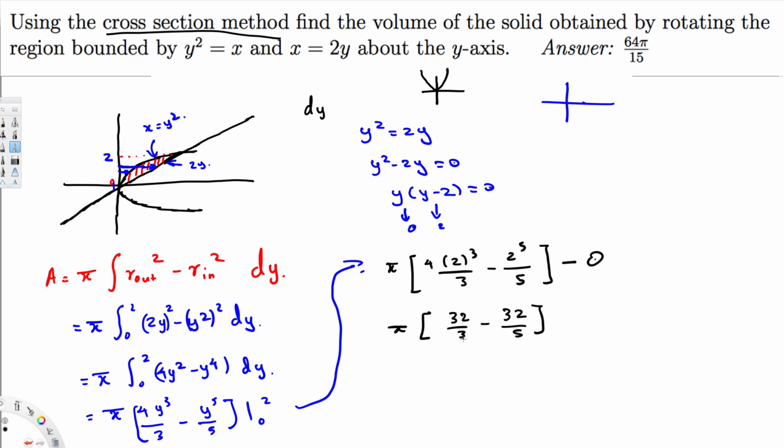If you see, we have 3 and 5 in the denominators. We can take 15 as our common denominator, right? If we take 15 as our common denominator, this one will be multiplied by 5. 32 multiplied by 5 is 160. And then 32 is multiplied by 3, which gives us 96. And 160 minus 96 is 64 over 15. So the final answer is 64 pi over 15, and that's the volume of